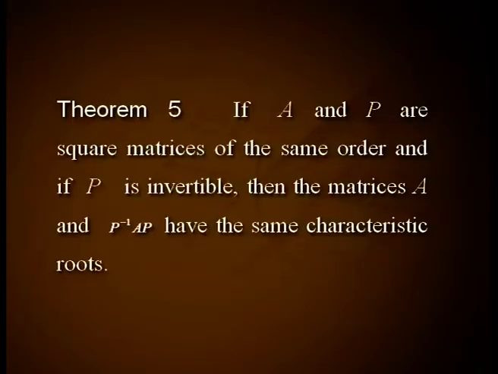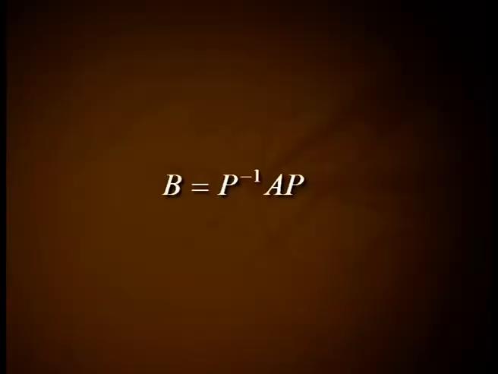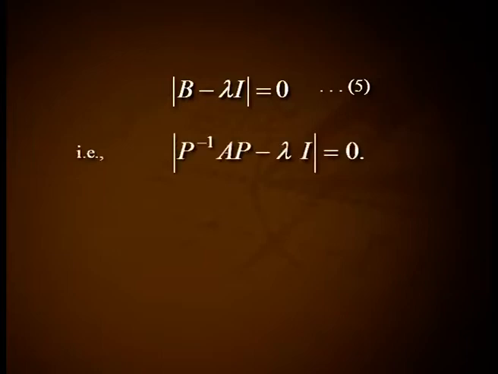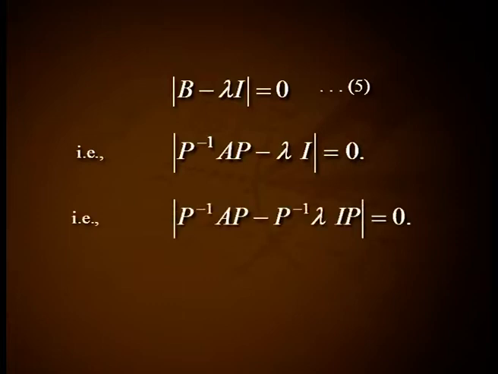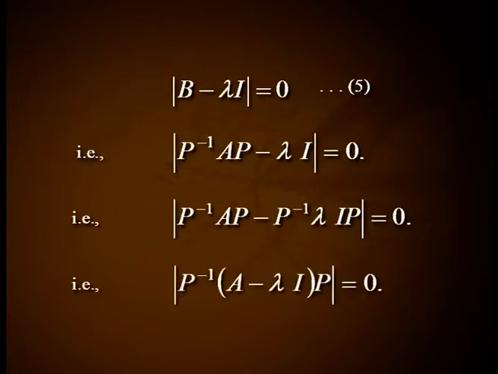Theorem 5: if A and P are square matrices of the same order and if P is invertible, then the matrices A and P inverse A P have the same characteristic roots. Proof: take B equal to P inverse A P. Then the characteristic equation of B is determinant of B minus lambda I equal to 0, equation 5. That is, determinant of P inverse A P minus lambda I equal to 0, that is, determinant of P inverse A P minus P inverse lambda I P equal to 0, that is, determinant of P inverse (A minus lambda I) P equal to 0, that is, determinant of P inverse into determinant of (A minus lambda I) into determinant of P equal to 0,